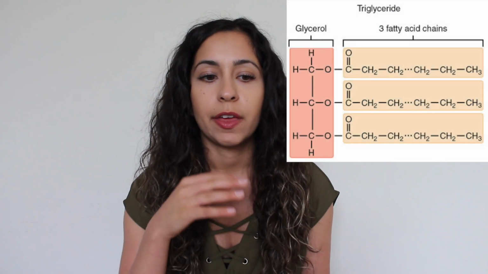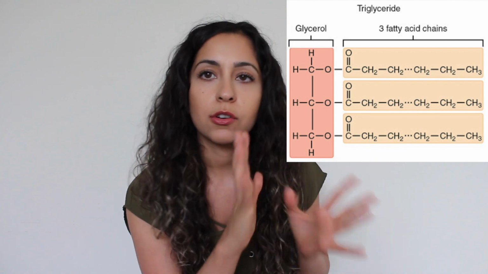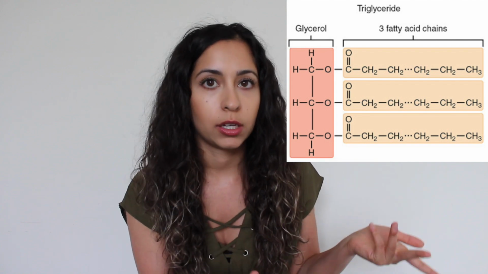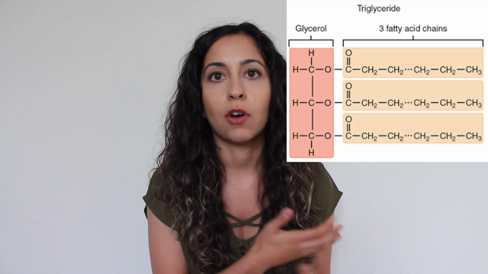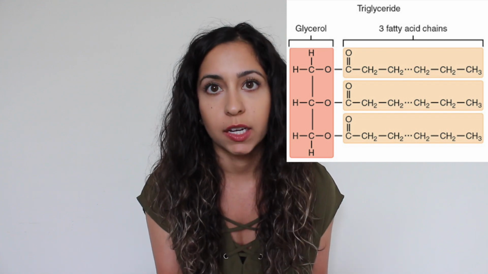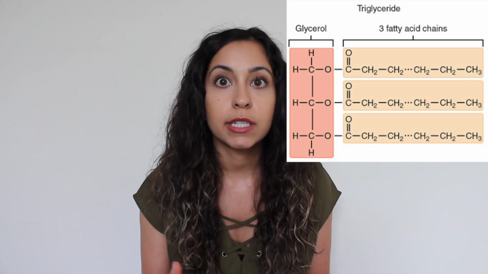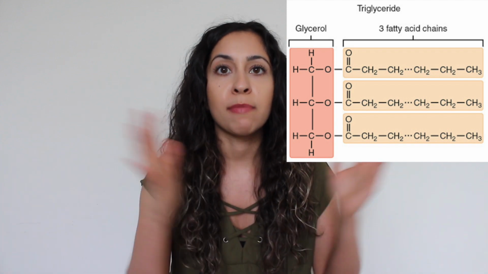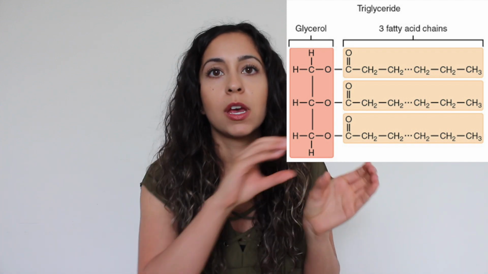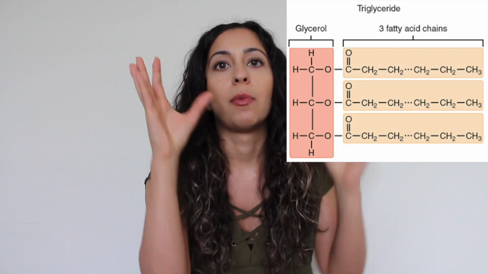So let's talk about triglycerides, since these are the most predominantly occurring type of lipid within food and within the body. However, there are also monoglycerides and diglycerides. Triglycerides contain three fatty acid molecules that are linked to a glycerol molecule. So I'll try to insert a picture here so that you can get a better understanding of what I'm talking about. Fatty acids are long chains of carbon atoms that are surrounded by hydrogen atoms, whereas glycerol is a 3-carbon alcohol backbone of the fatty acids. Therefore, it's easy to see how the triglycerides can become combined together, because then you have that glycerol backbone that attaches the 3 fatty acids to make up one triglyceride.